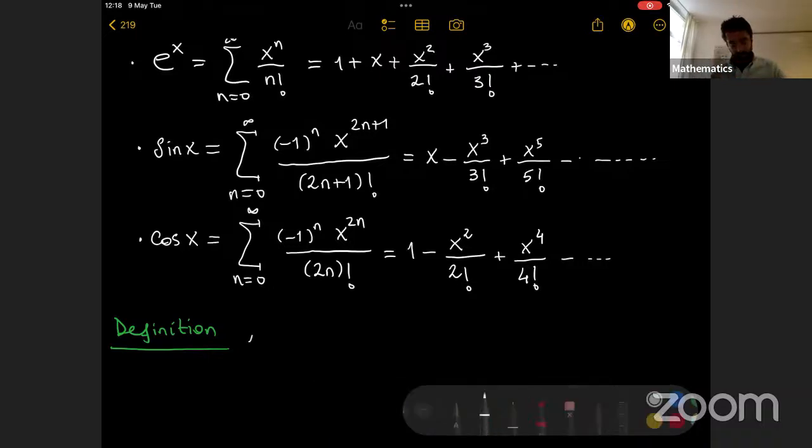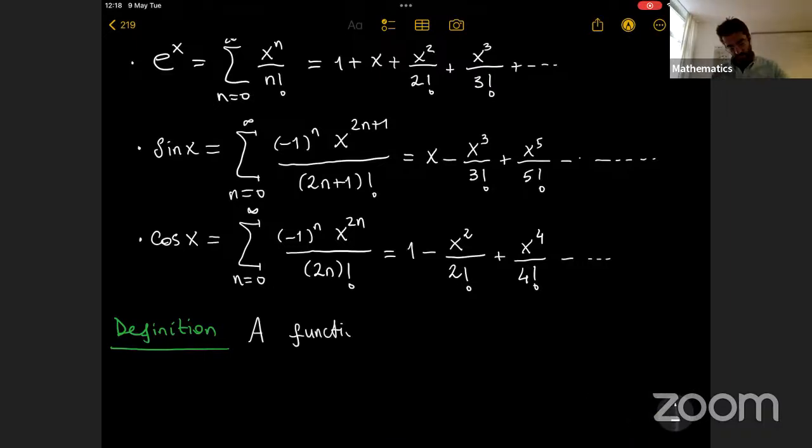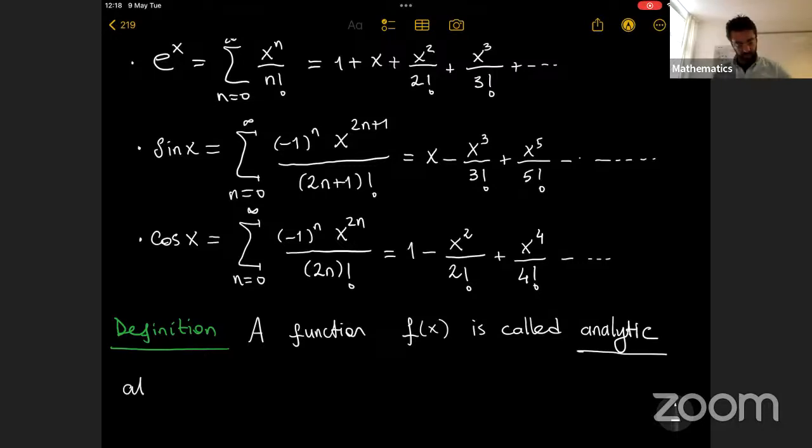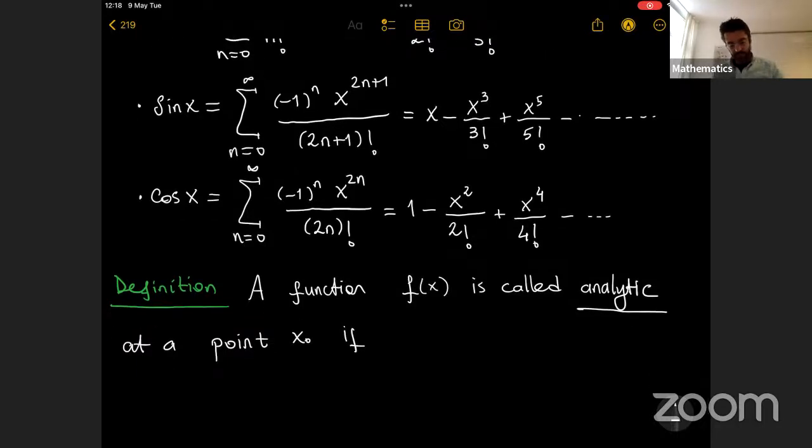Okay, a function f of x is called analytic at a point x naught if there is a neighborhood of x naught in which